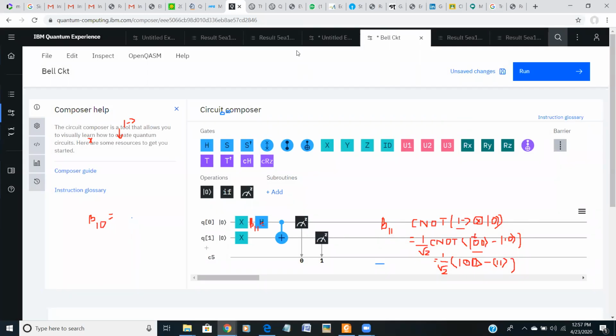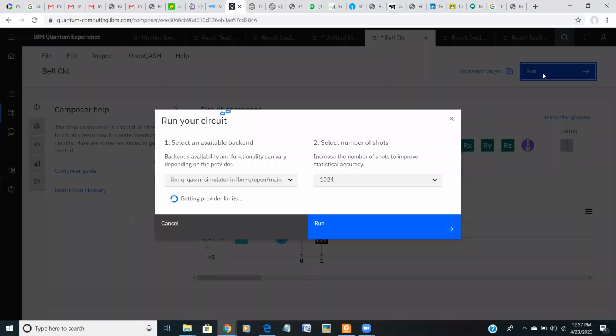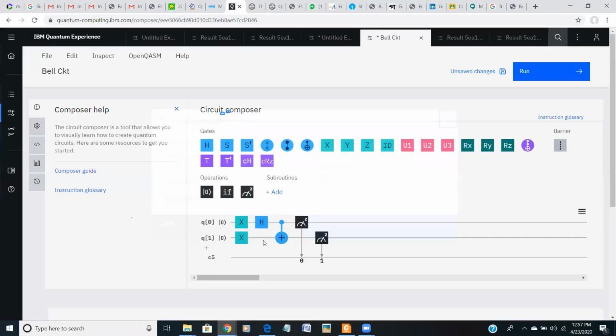So in this way you can practice your basic circuits for your understanding, for your mathematical evaluation, of how it actually took place in a real-time quantum computer. Though I am not doing it on a real quantum computer, I am doing it in a simulator, but you have a chance if you want to execute this.